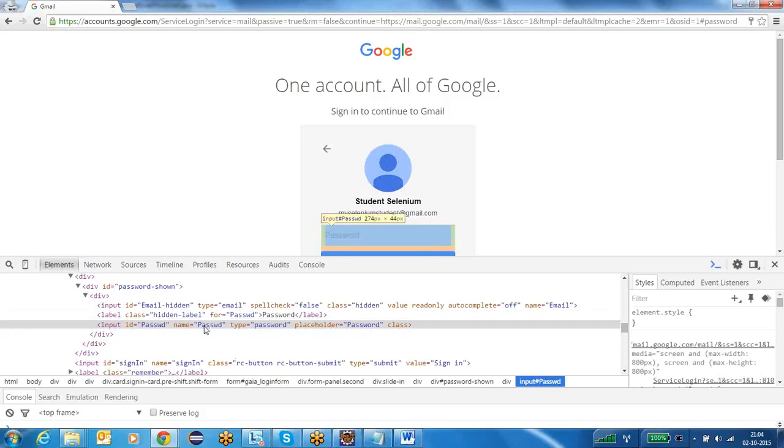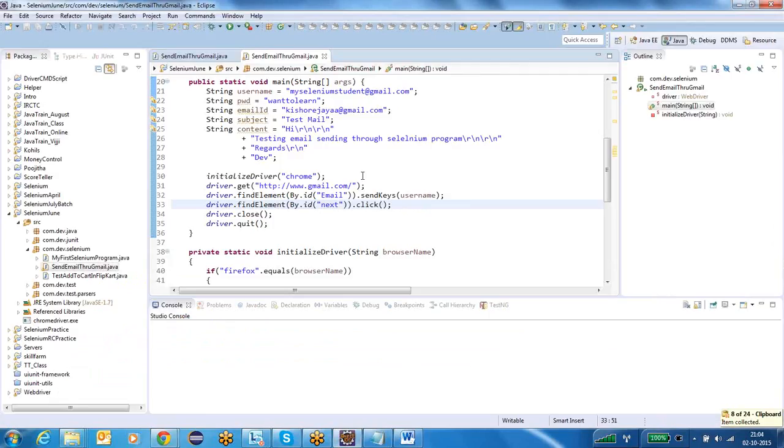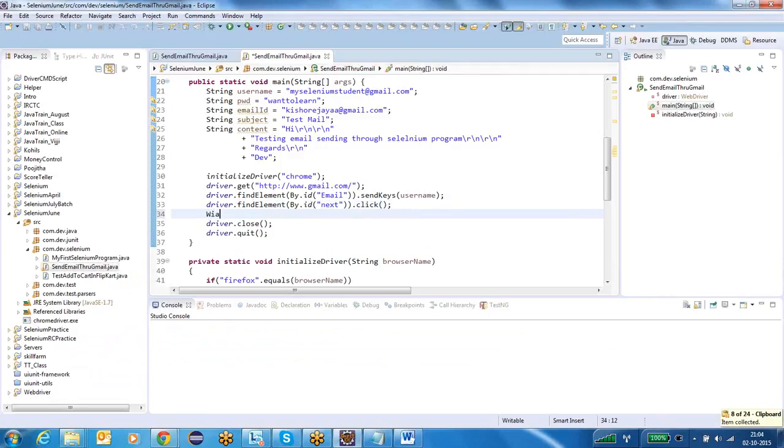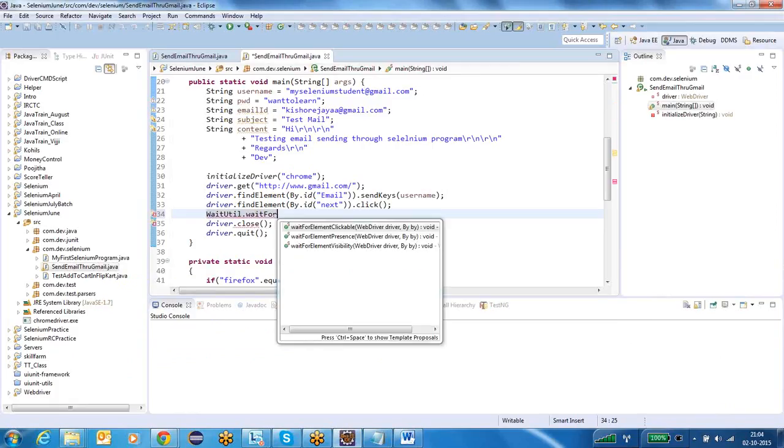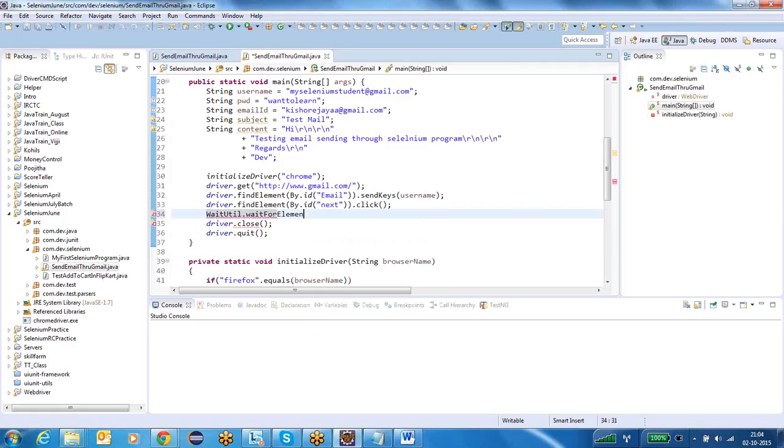So this is the password field. So let me find it by name. Before finding it, I am adding the wait command. WaitUtil dot wait for element presence. If the element is already there